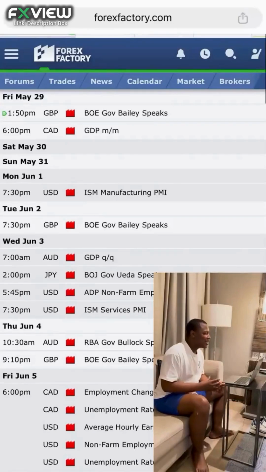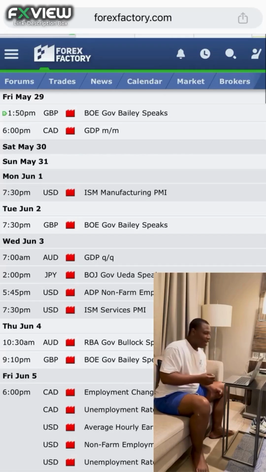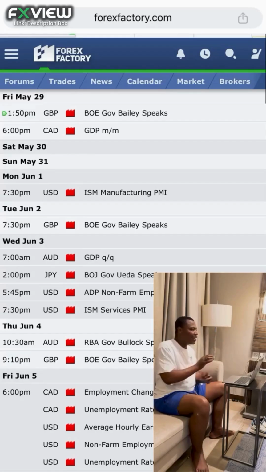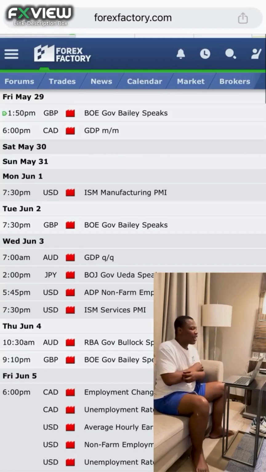Yeah, as I'm saying, technical analysis and fundamental analysis are two completely different things. Technical analysis is when traders study the charts: price, candlestick patterns, support and resistance, trend lines, indicators, and market structure. That is technical analysis. But fundamental analysis, or what is called macro analysis, is when traders study the economy behind the currency.